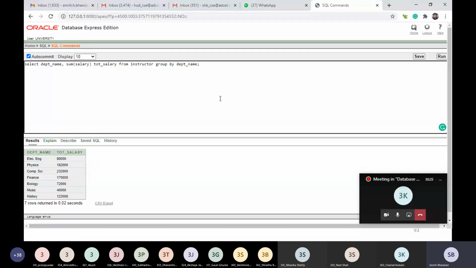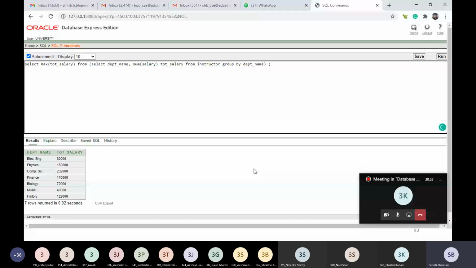Now, what we want to find out is the maximum of this total salary, right? So we write next: select max of total salary from, and now this is our derived relation.